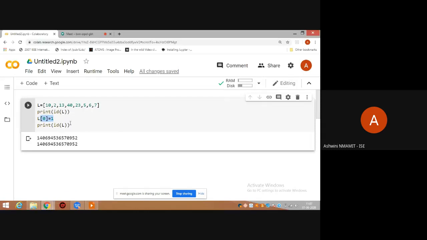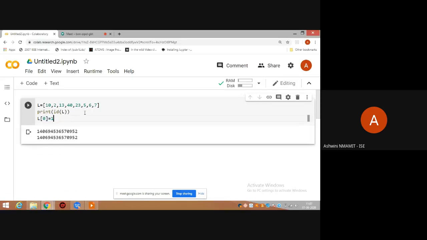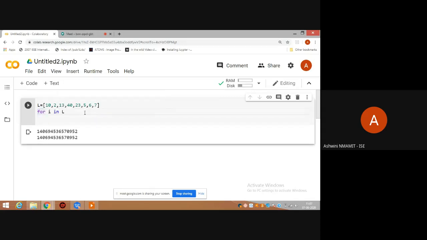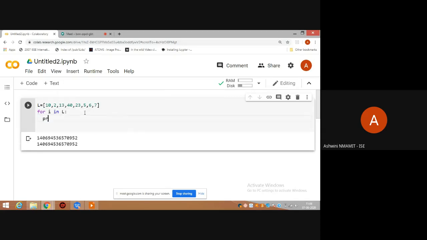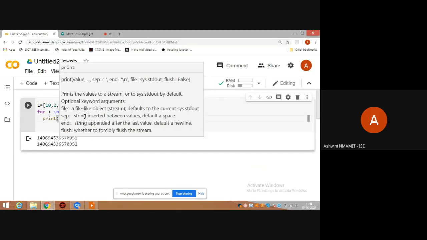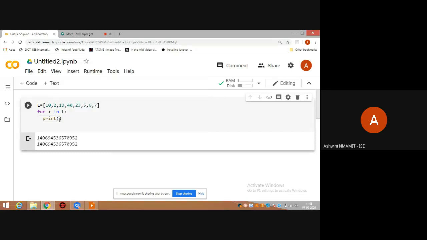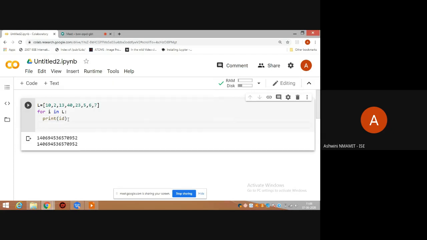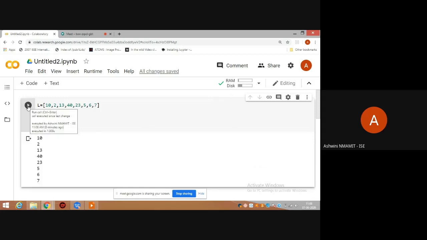Now, how do we traverse the list? Simple for loop. For I in L, print. Any idea what should we give in print? If I give print I, it gives me the list of elements.